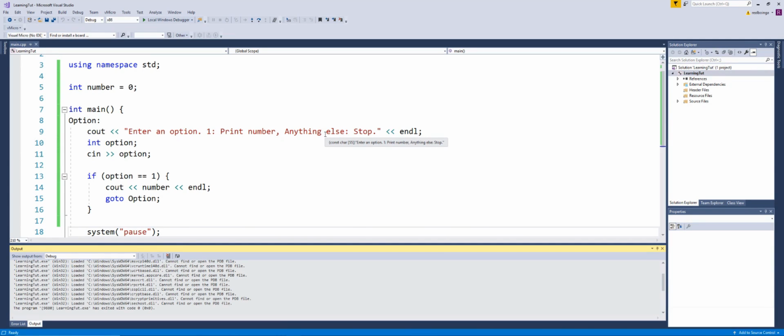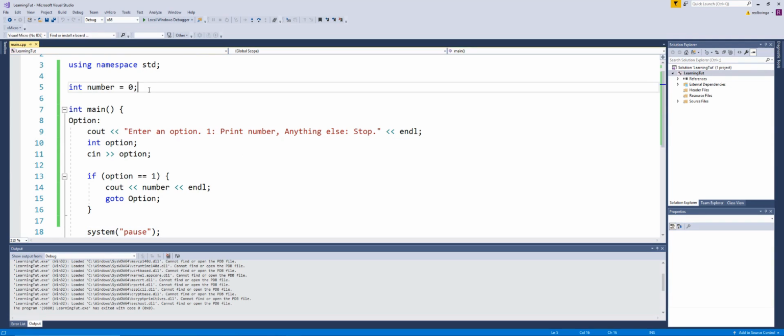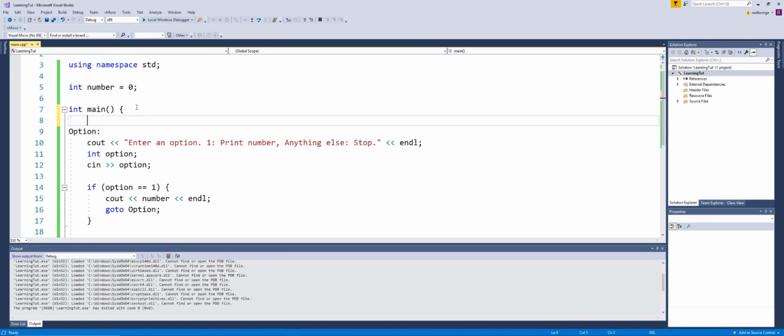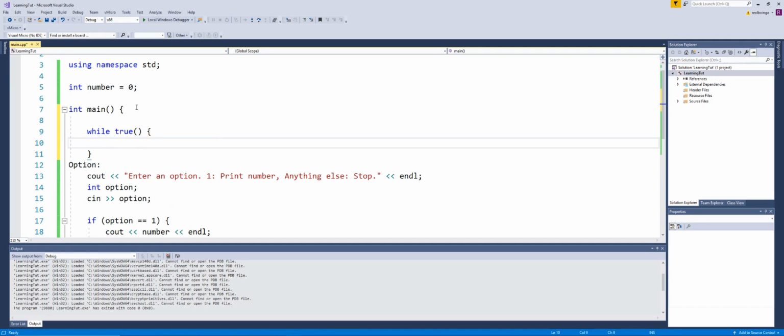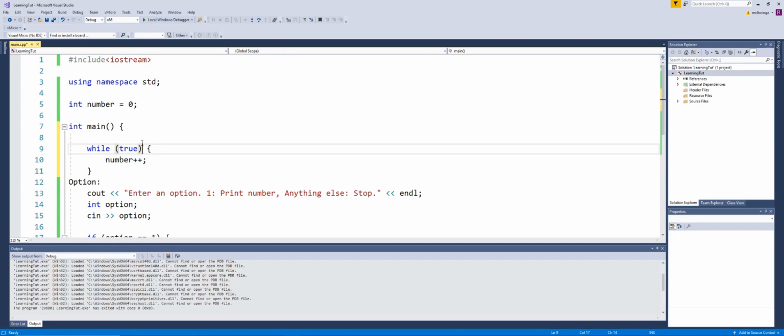So now that we have this program, we need to make this number increase every millisecond. Oh, well, that's pretty easy. Let's just go into option, I don't know, how about we put a while loop here, and we'll just say true, so it never ends. Never ending while loop, and then we'll just say number plus plus. Yeah, there we go. We'll just add to the number, and we want it every millisecond,